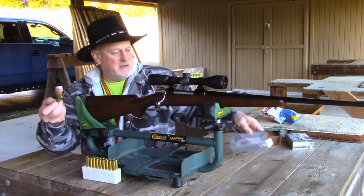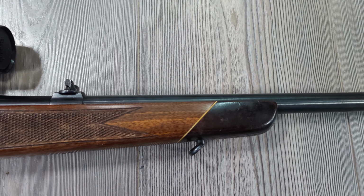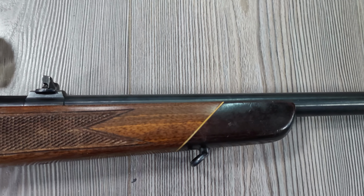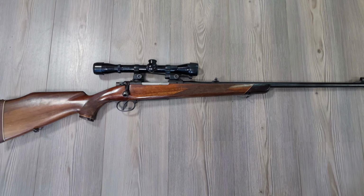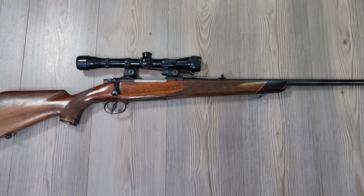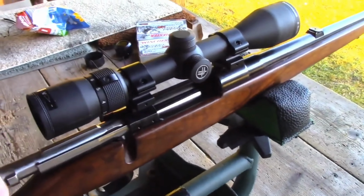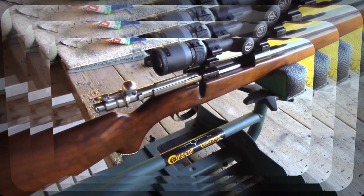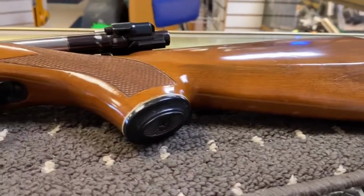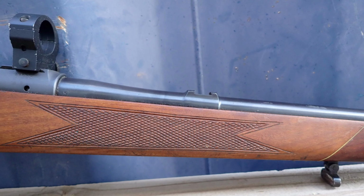critical, CRF stands apart. With CRF, the extractor claw grabs the round as it leaves the magazine and keeps control all the way into the chamber. That means fewer jams, even at odd angles or under pressure. CRF actions also provide stronger extraction and better gas venting in case of a ruptured cartridge. While push-feed rifles may be sleeker, CRF rifles are built for rugged reliability, the kind you count on when everything